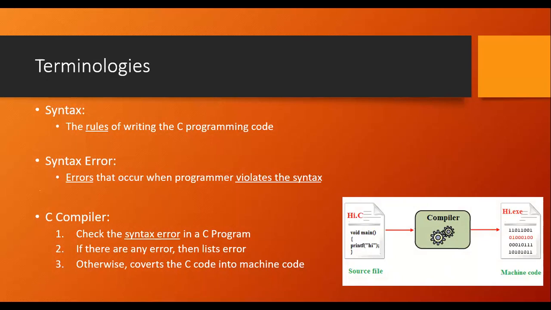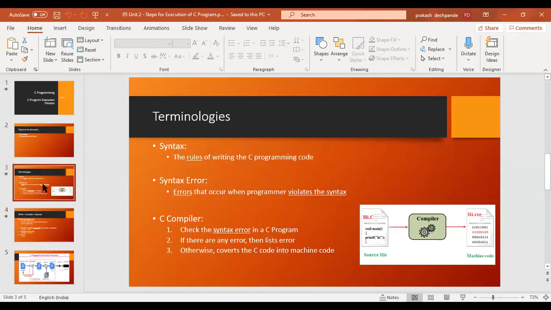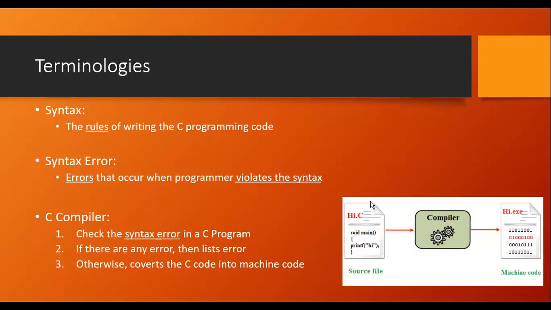On the left hand side, if you notice, what is there? There is a pictorial representation of a file, which we call a C program. This C program is what we call a source file. Source file means the C programming code. That C programming code will have to be converted into a machine language code, which is in terms of binary numbers. You may see what that file contains, ones and zeros only.